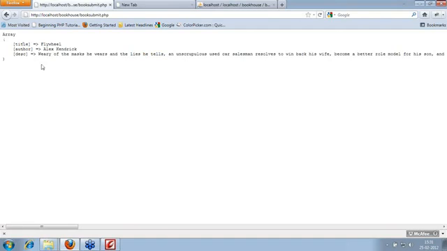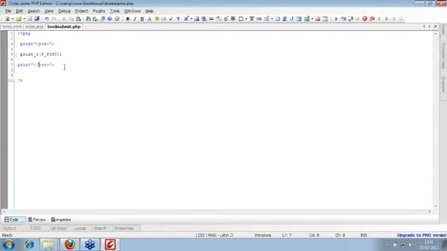So that means we have posted the data and this file received the data, and we have data ready to store into a database. Let's see how to connect with the database, store all this information in the database and pull it back out. This is the file where we are getting the data. We can put a comment out here. As we have seen, we have a block comment and a line comment. I'm using a block comment just to comment this out because we have used it. We can just remove it. You can put a single line comment to